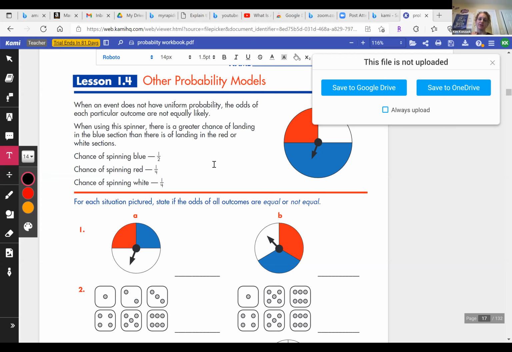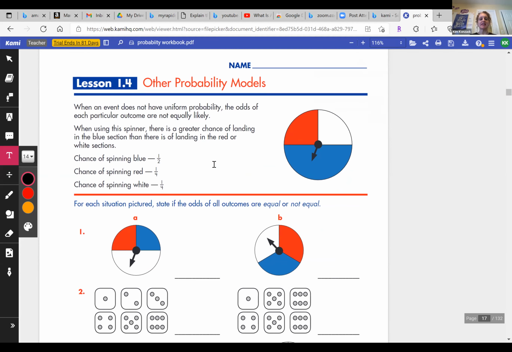Okay, so now this is from our workbook on page 9. So I'm going to pull it up. Okay, and these are other probability models, it calls it. And other probabilities is just talking about non-uniform probability. So when an event does not have uniform probability, the odds of each particular outcome are not equally likely. So we already discussed that. When using the spinner that we see over here,